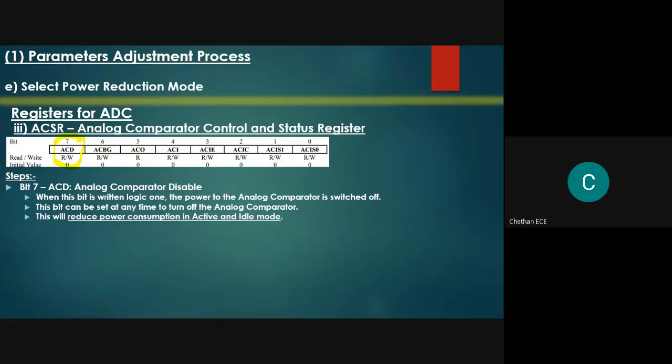If we program it to 1, we can disable the comparators, and we can ensure that our ADC will work in power reduction mode. We have to make this bit 1 to disable the comparators.